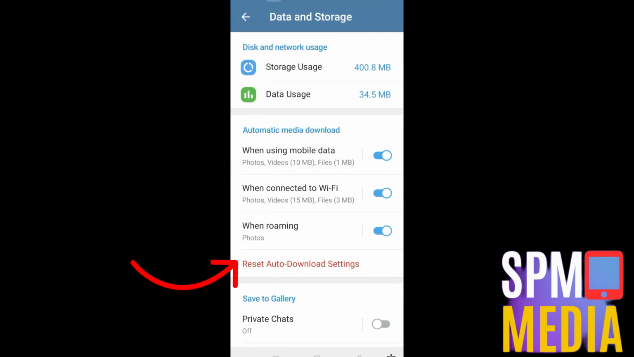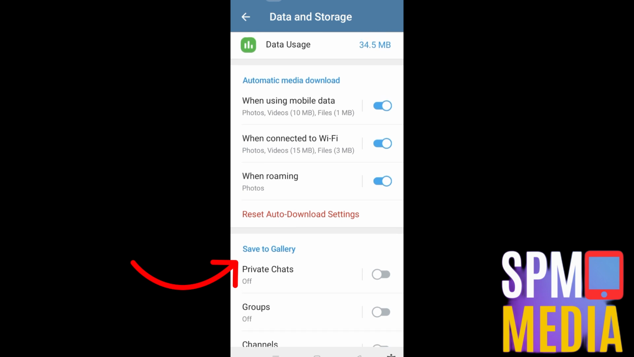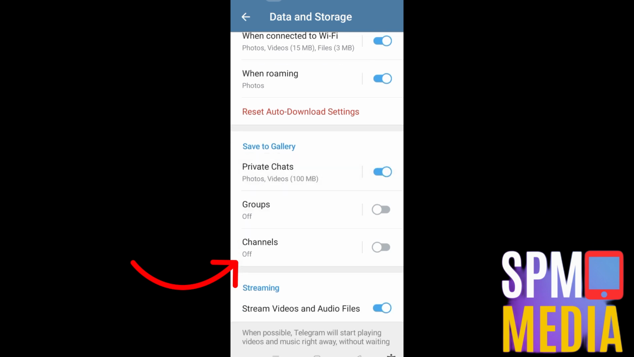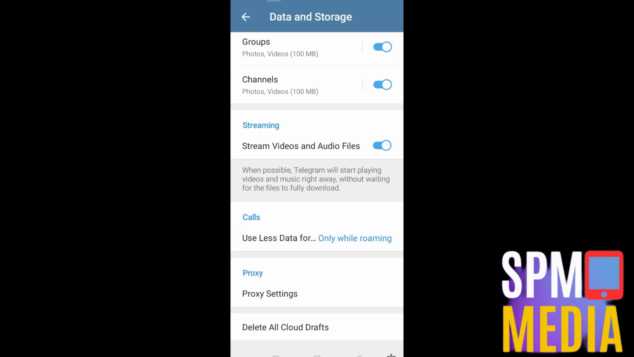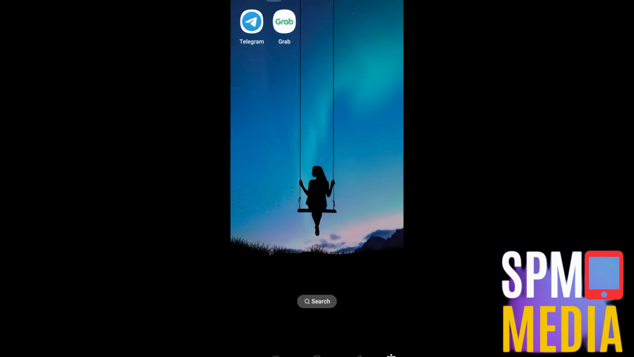So go to your data and storage, and then you have to go to the save to gallery, and you have to make sure that you turn on this download or automatic media download here. You have to toggle this one on. Whatever feature is under the save to gallery, you have to turn this one on. Private chats, groups, channels, and so on, so that even if you have deleted or if someone deleted something here,